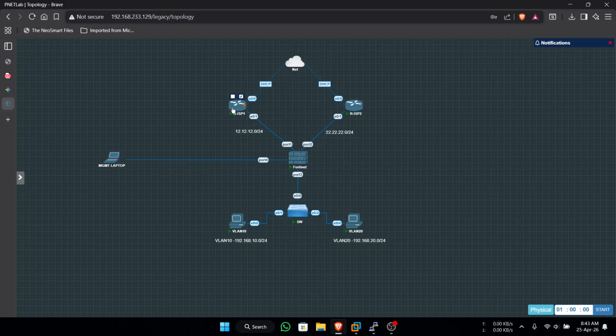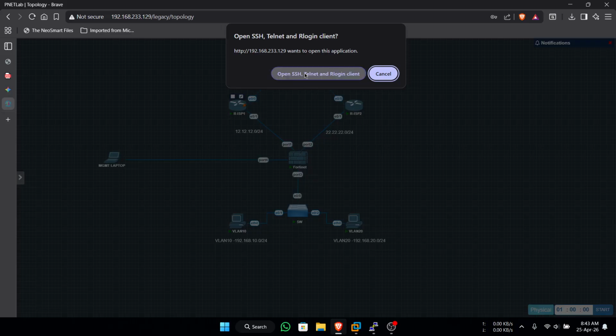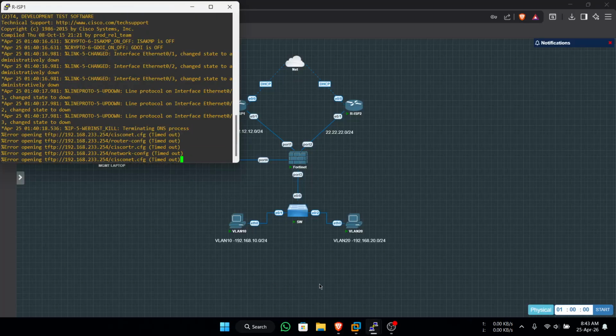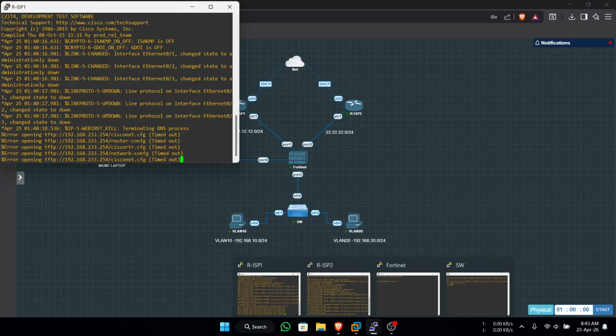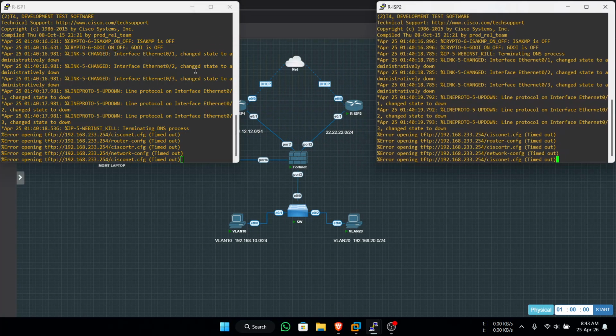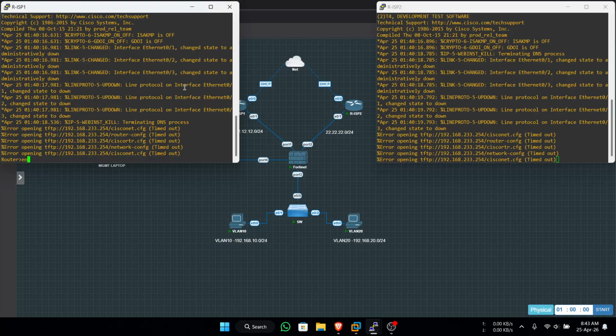So let's get started. We configure router ESP1, then router ESP2. I will start from router ESP1. You just configure the IP address and hostname.